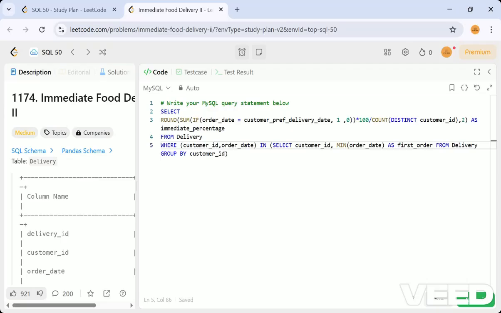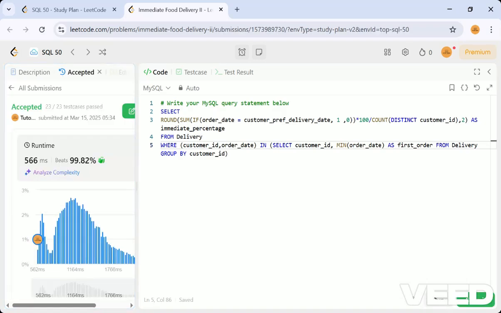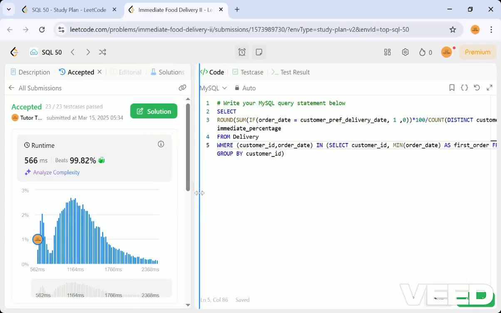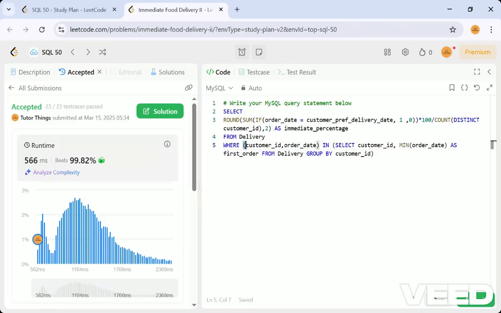So that's all for this video. I hope this video is clear, and this query is clear, right? We are taking rounding up and then summing, just taking the immediate percentage but checking with the condition. So that should be the first order of all, only the percentage they want from the first order. So in a query, we are taking the first orders. The simple ways I have explained previously, just from where in the subquery. So instead of that, you can do the same with this, instead of the aliasing name for the delivery.